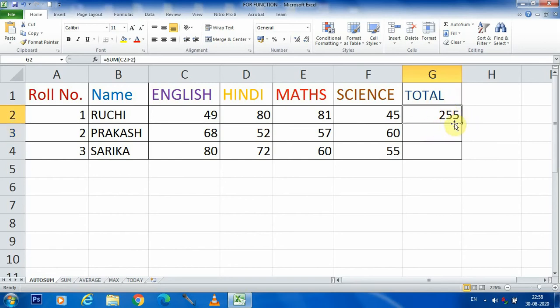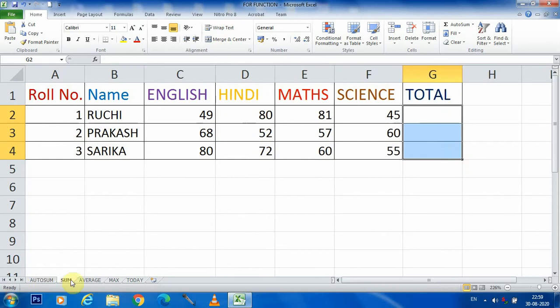Now we are copying the same formula into the next two rows. Now we are getting the marks of Prakash, which is 237, and the marks of Sarika is 267. Now we are moving on to the next function, that is Sum.